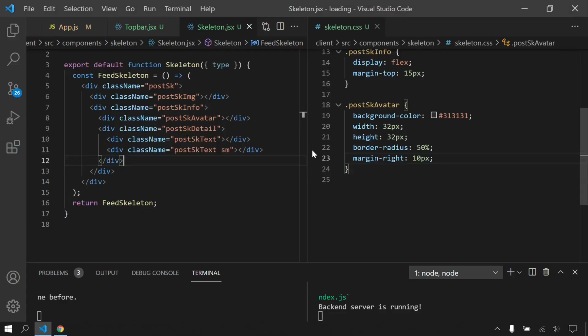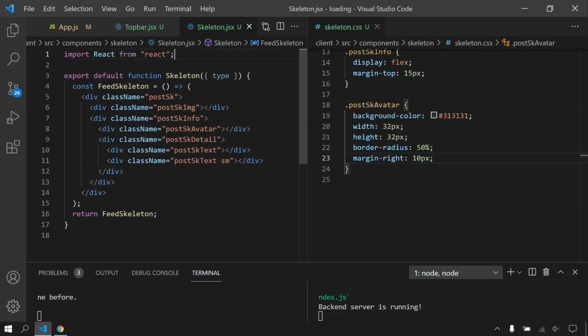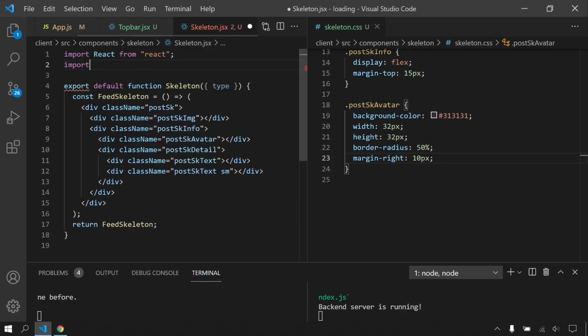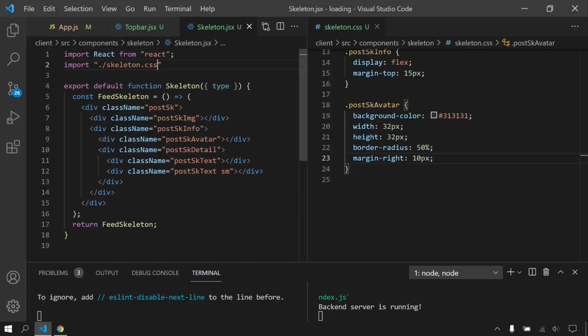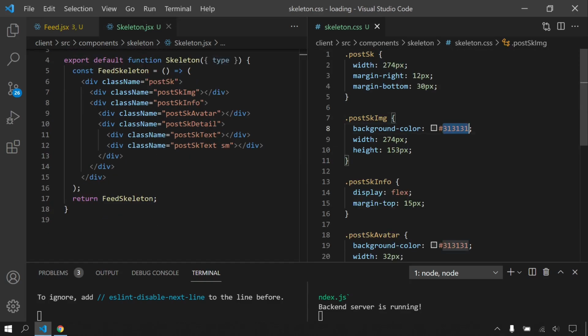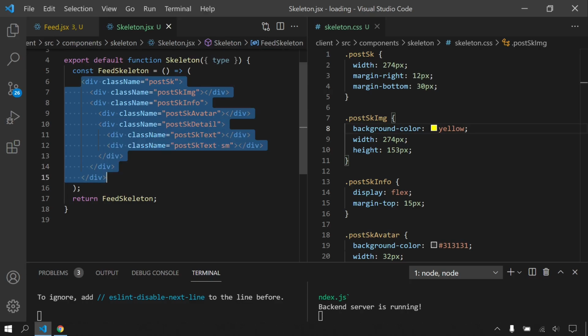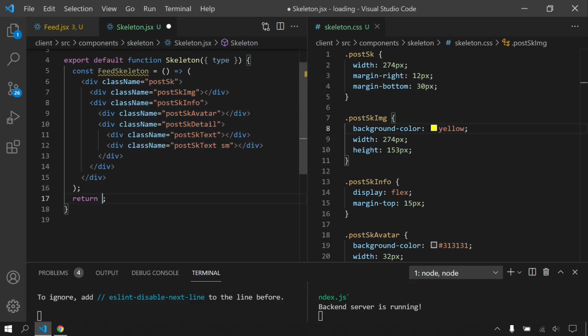Let's see actually. Okay, we can't see anything. That's because we didn't import our CSS file. Skeleton.css. Okay, it's not here still. Let's change this to see better. And here I'm gonna copy this directly just for tests.